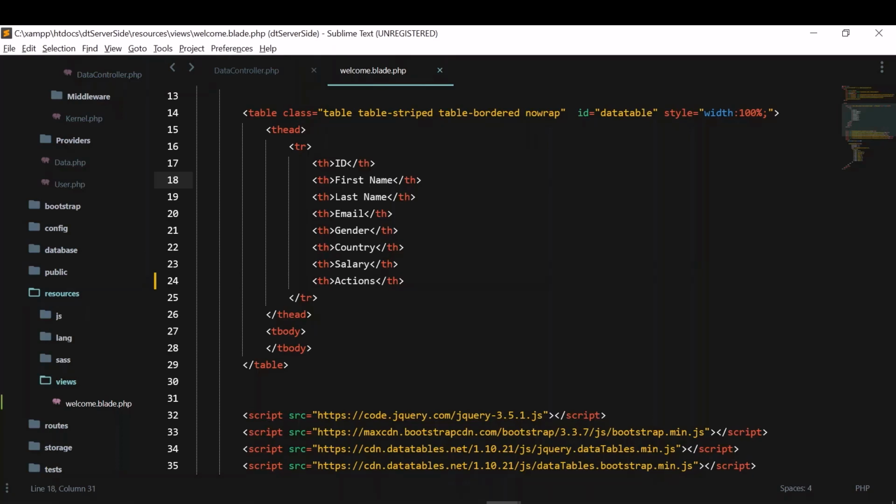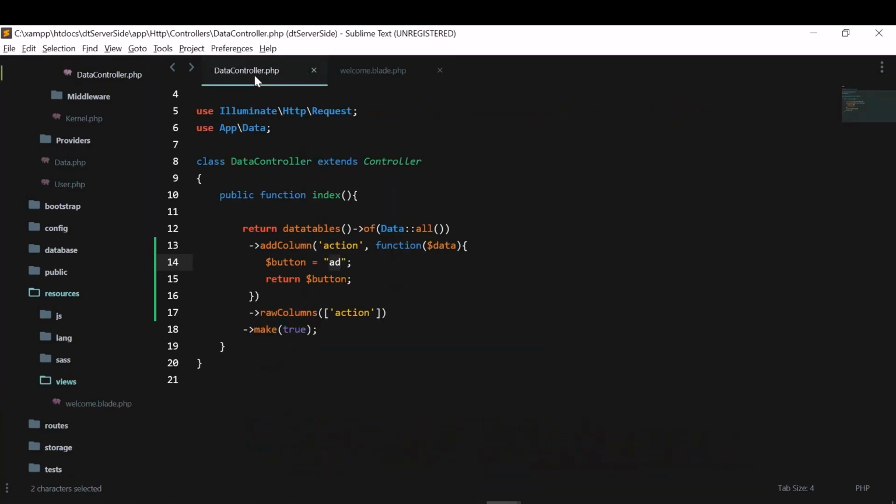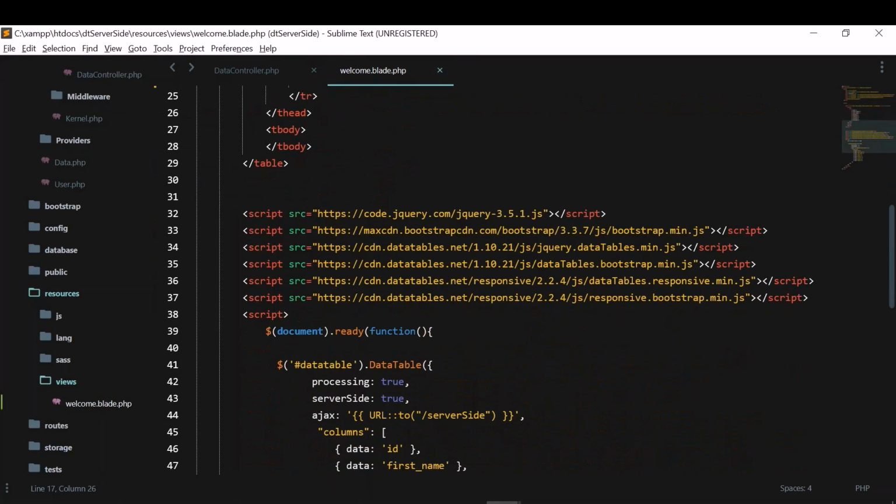Similarly for delete, we'll grab the ID so that it can be passed to the Laravel backend and deleted. Everything will be the same as in a client-side application. I'll just replicate all the functions, but the main difference is that we'll write the button HTML in this controller itself, with all the IDs, actions and data attributes. So this HTML will be passed directly to this variable.